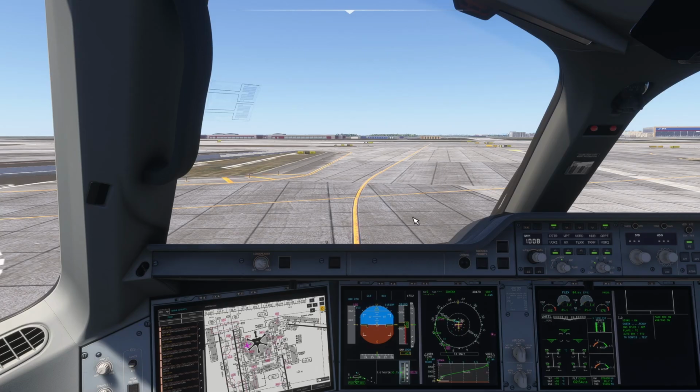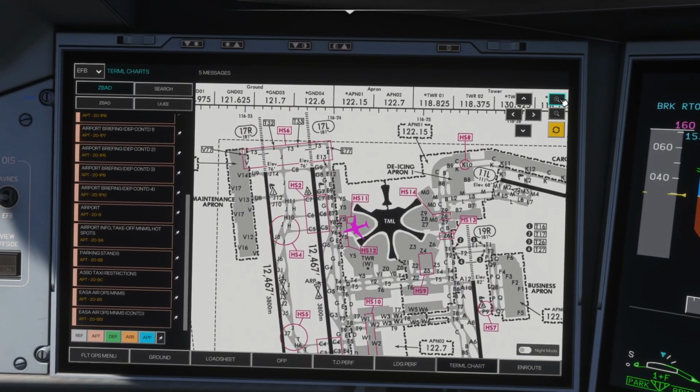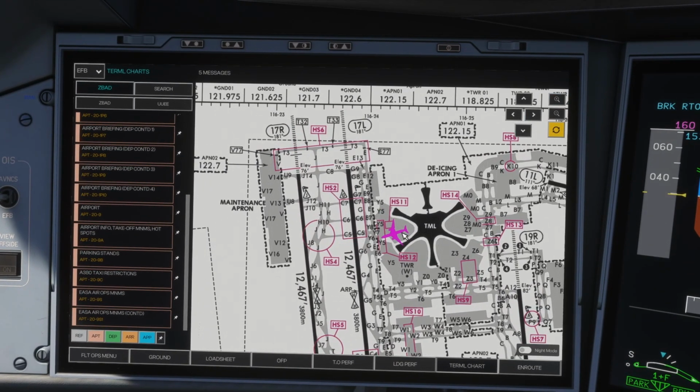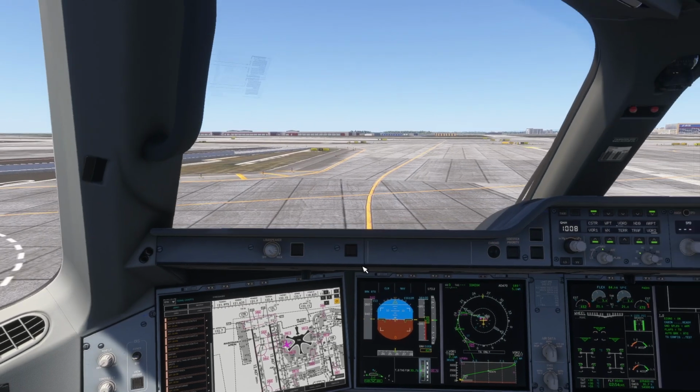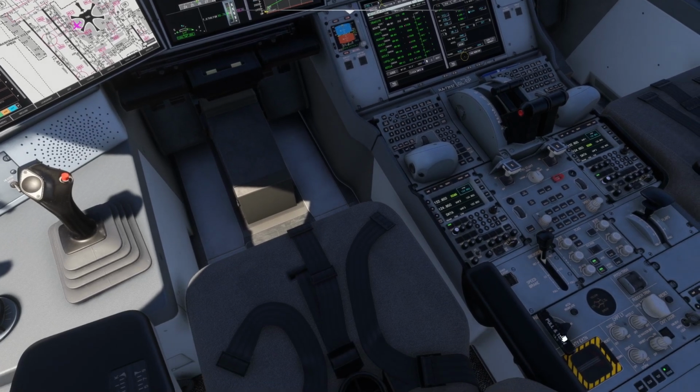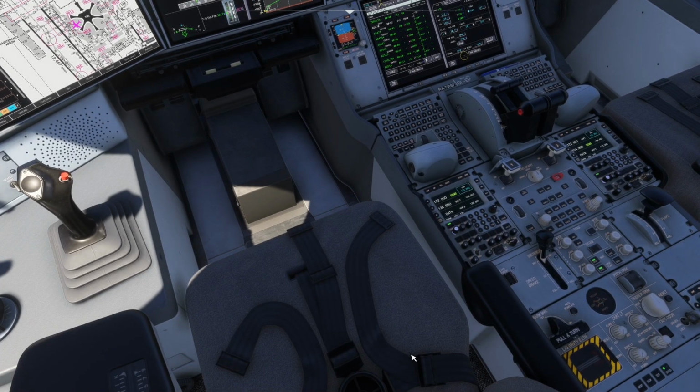All right, so this is a very densely packed taxi chart. So I'm thinking we just go on Echo. Right on Echo here. Golf 9, cross runway 17 left over to Charlie 8, then Juliet 14 on 17 right. So that is our briefing, very short.